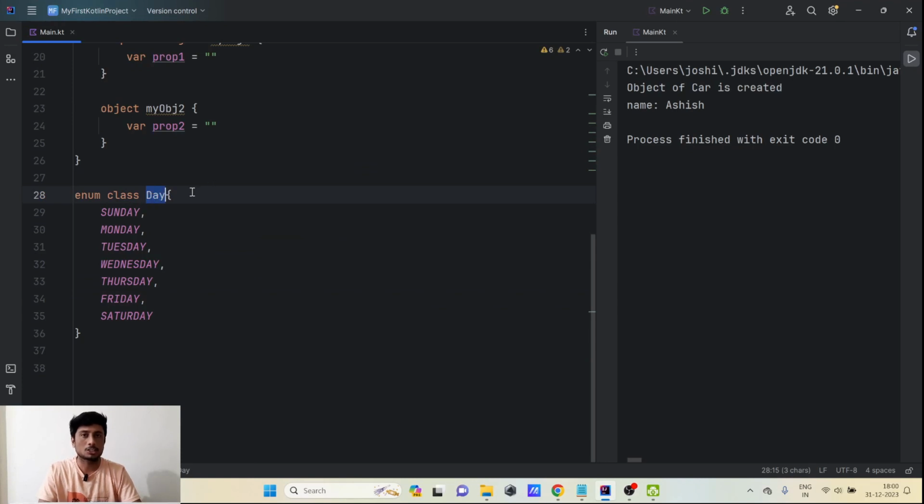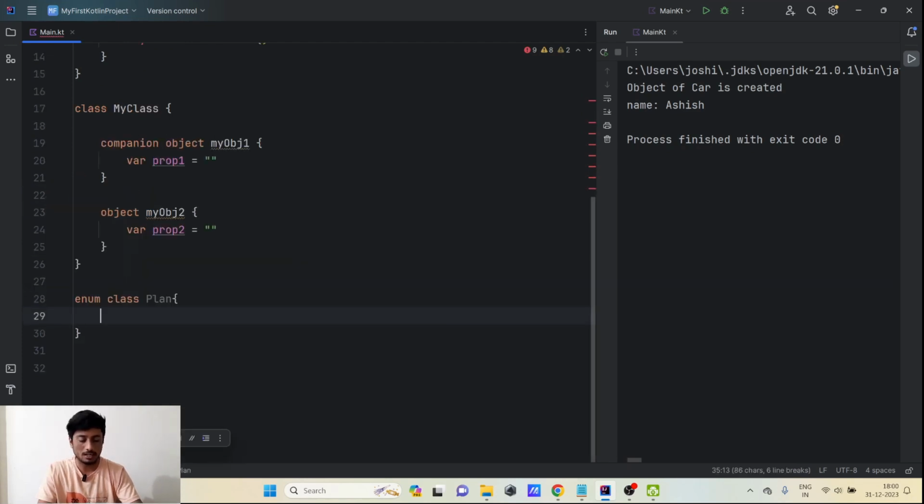Let's say we have some application and we have three different plans for that. One is a basic plan, you can also say a free plan. One is a premium plan, that is a paid plan but with some more features. And one is a business plan, that is a more expensive paid plan with a lot of features. So we can also set an enumerable for that as Plan, and we can write the plan as